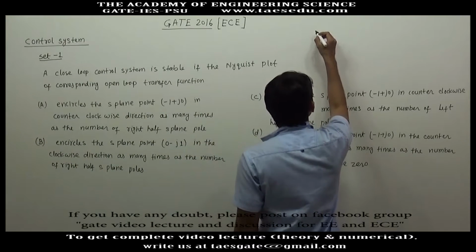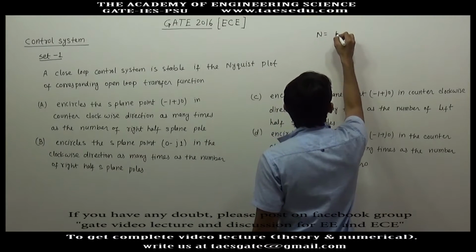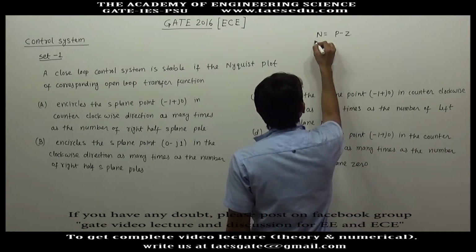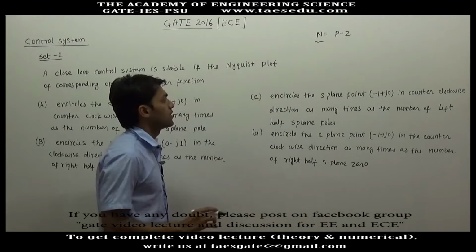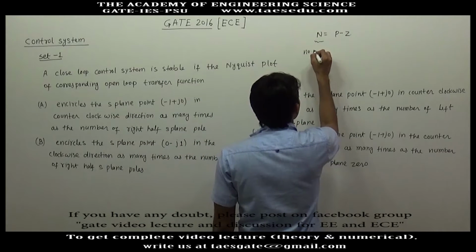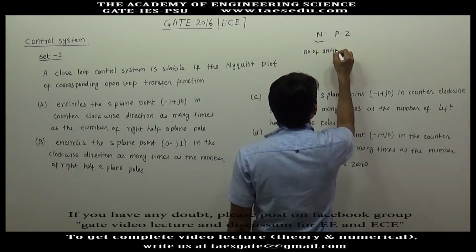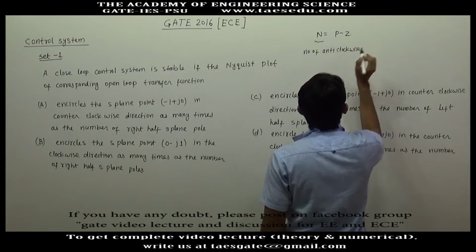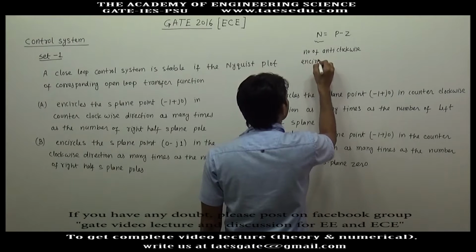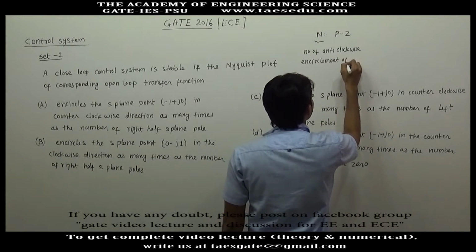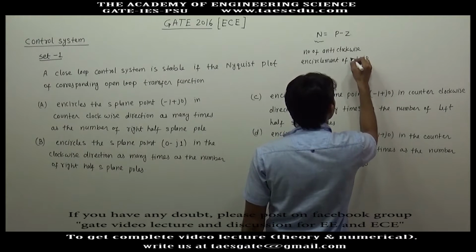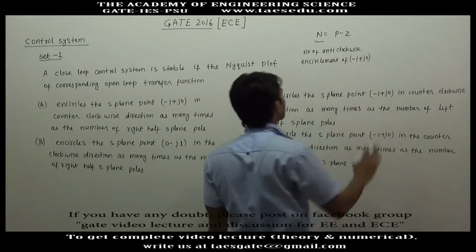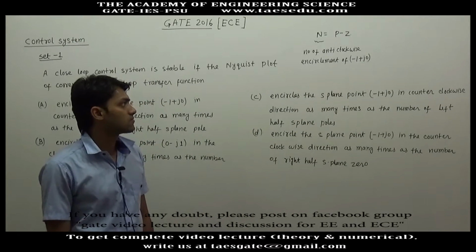We write this formula: N is equal to P minus Z, where N is the number of anti-clockwise encirclements of -1 plus j0